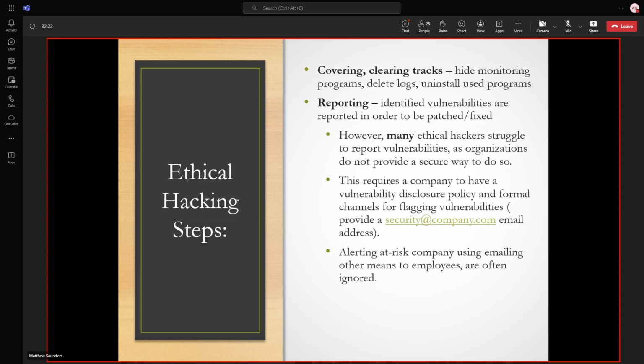Now, covering your tracks is an important part if you don't want to go to jail, especially if it's illegal. But if it's ethical hacking, you're covering your tracks just to show how that can be done. Okay. So in your report, you would detail what you did with all of that, how you covered up and patched up any damage that you might have caused along the way, so that they can go back, analyze it, and see how they could have noticed it in the first place. Right. Which is something you might suggest as well.